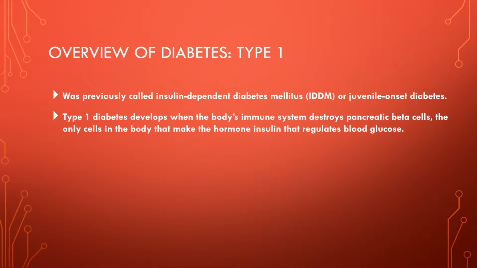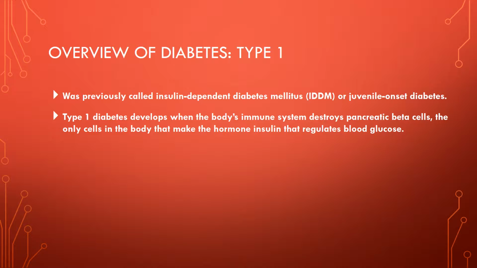This used to be called juvenile diabetes, and then there's another name for it, insulin-dependent diabetes mellitus. But usually this is just referred to as type 1 diabetes, and this is the diabetes that is not typically related to lifestyle. So this is what children most frequently have, if a child has diabetes, it's type 1, but adults can develop it as well.